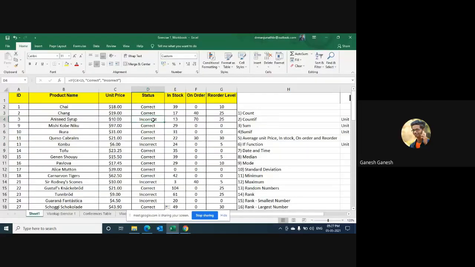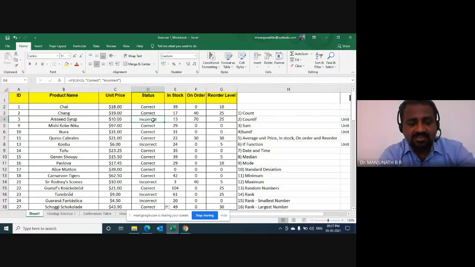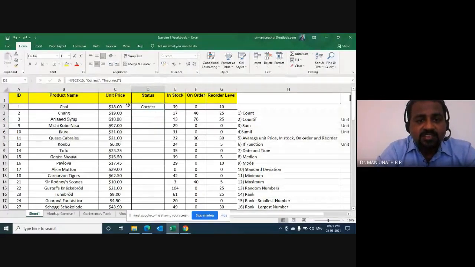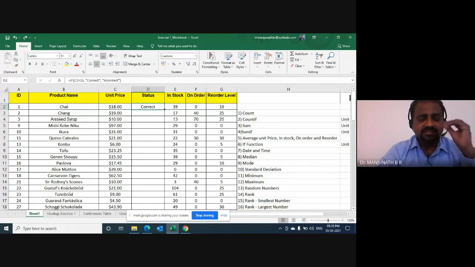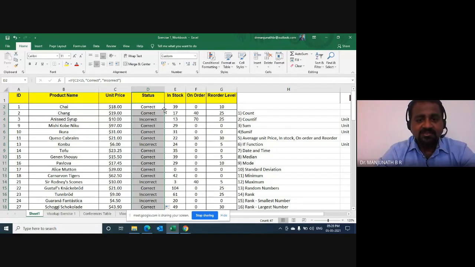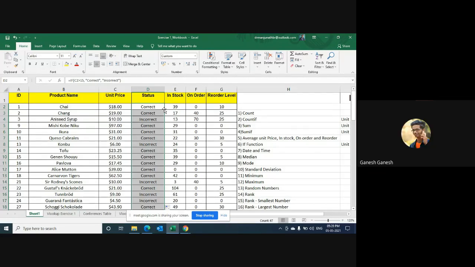Correct and incorrect? I didn't get the double click, sir. See here, you be on that cell where you got the output, and you will have to be very careful using a touchpad. If you come to the border of the cell, you can see a plus sign. Can you see it? Yes, sir. Now you do a double click and you get the responses for all the cells. Okay, thank you, sir.